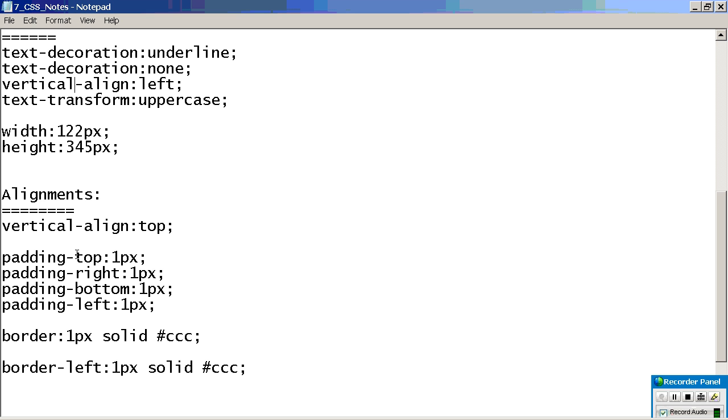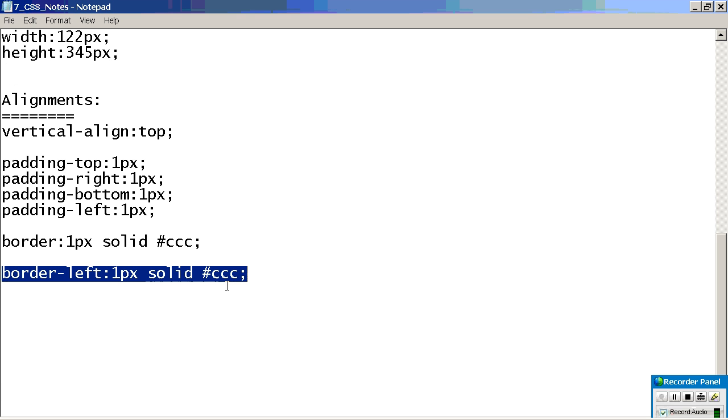Padding. You are using padding still, right? Because of 15 or 10. Now, imagine you want the padding only on the left side. Then what can you use? Padding left. This is border. Border you want to change for all. But if you want to change only for the specific left side, it means this.